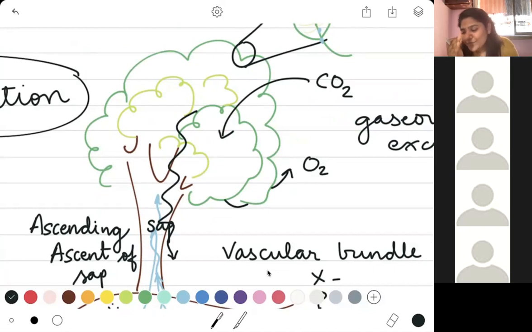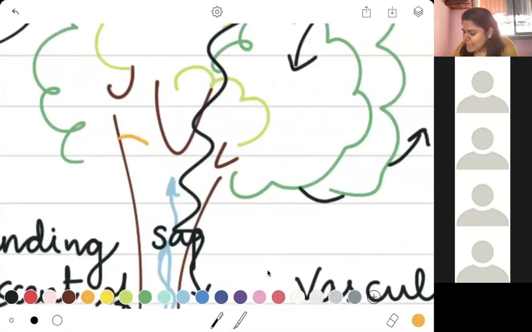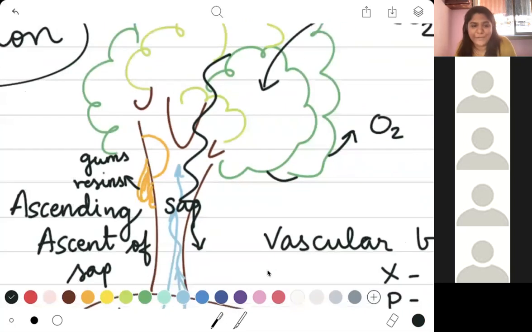Now, because all of this food is also trying to move out at certain places, if it bulges and gets stored in excess quantity, some of this food is going to ooze out like this in the form of gums. What is it going to ooze out in the form of? In the form of certain gums and resins. Not the resin that you use in artwork. This is a different kind of resin.